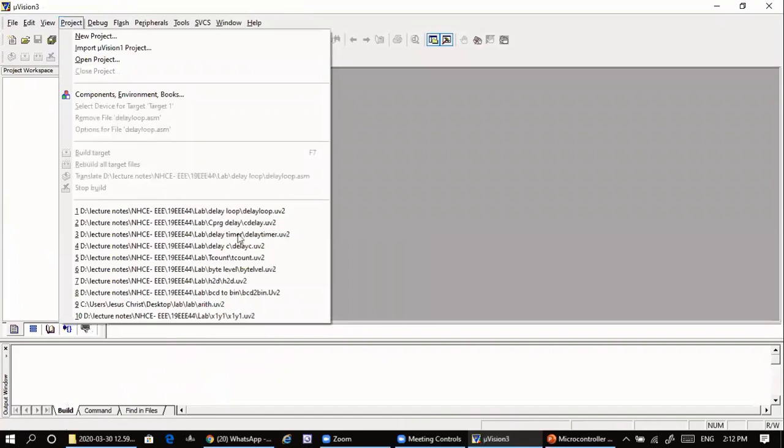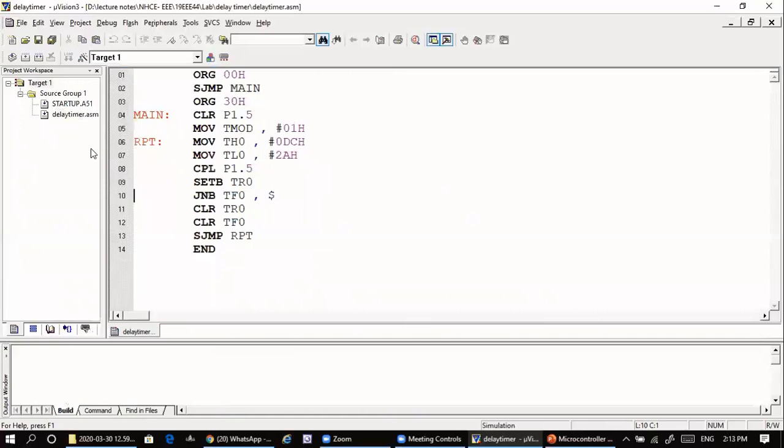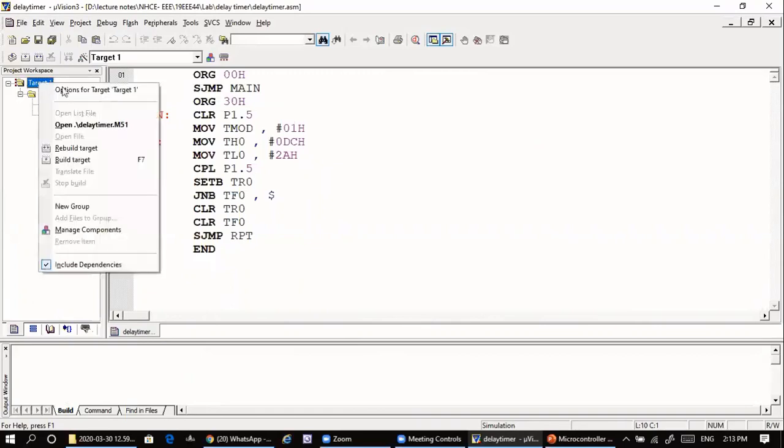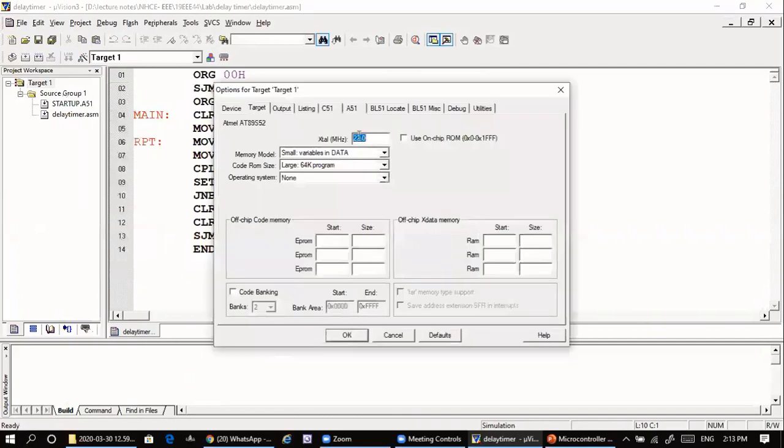I have a timer program loaded here. Then you always right click the target and select options for target. Ensure that you have loaded the 22 megahertz crystal oscillator frequency value here. Then click OK.